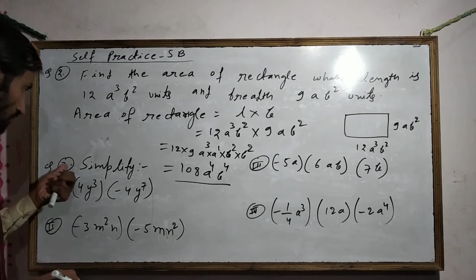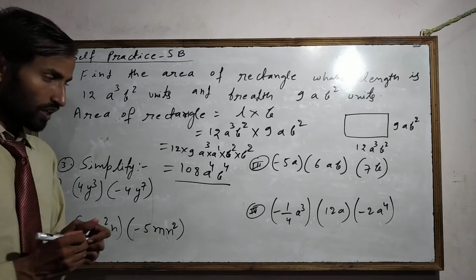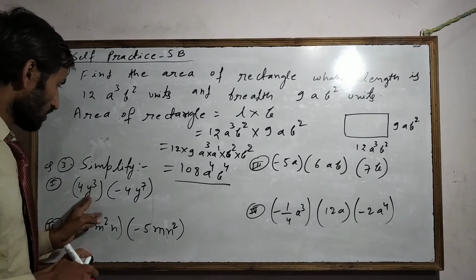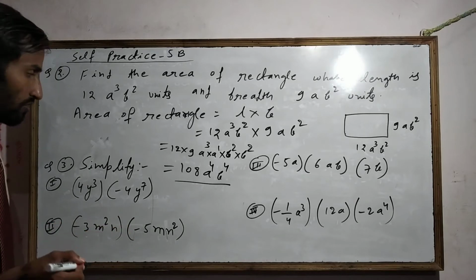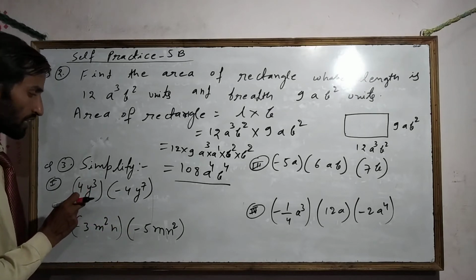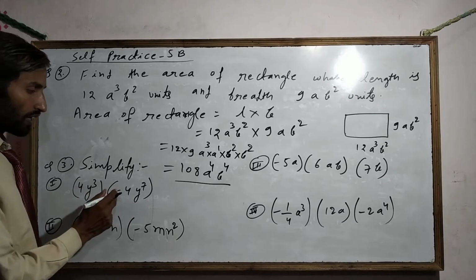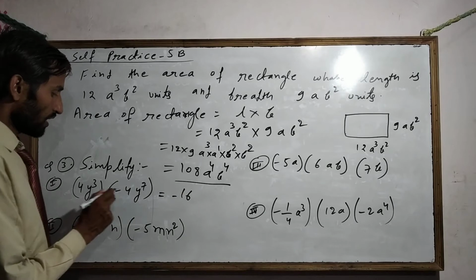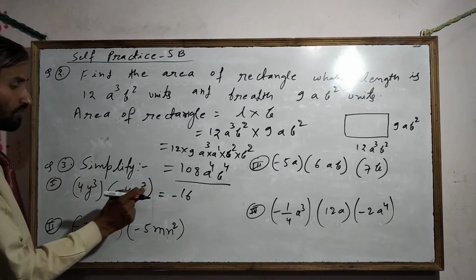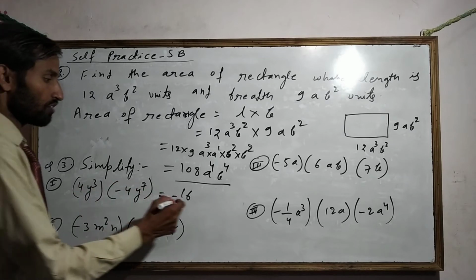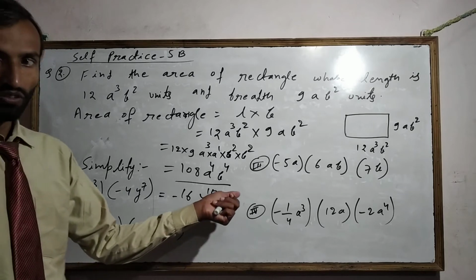Next one, in question third, we have to multiply again monomial to monomial as here, but here just some different types of monomial are given, higher power is given. So we will add both the powers if the variable is same, and we have to multiply 4 4s are 16, and here minus sign is given, so minus 16, and power should be added here, y power 3 and y power 7. So we will add both the powers, it will come y power 10. So the final answer is minus 16 y power 10.